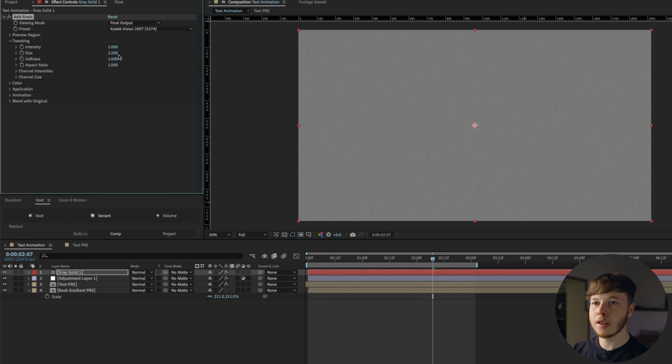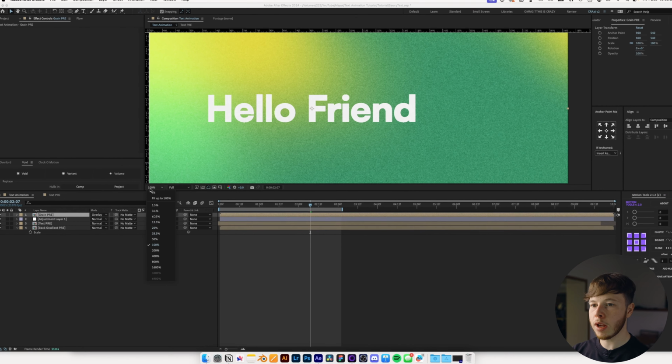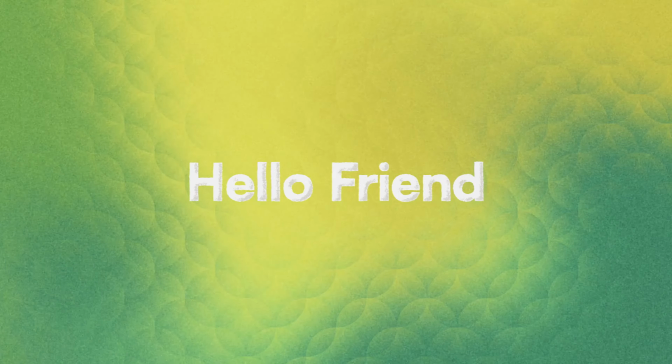will increase the size of it a little bit to something like 1.5, and then we will add a tint, pre-comp that, name it grain pre, and make sure you move all attributes into the new composition. Change the blending mode to something like overlay, which will just give us a little bit of grain in there. Looks super sick. And just like that, we've made a super simple and cool little text animation in After Effects